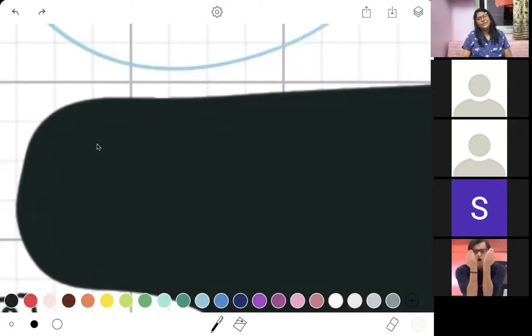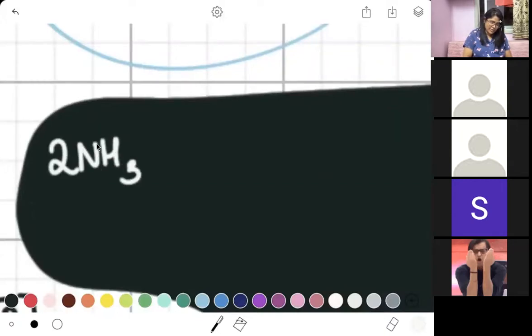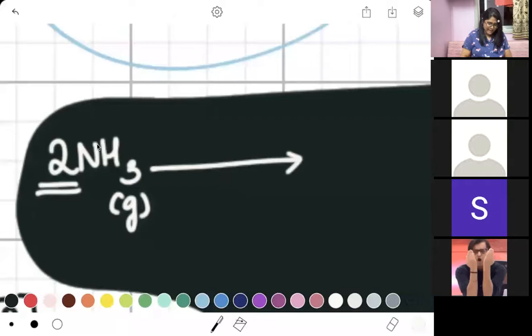Now let me give you an example. I have ammonia with me, and because chemistry people are really rich, I am going to take this ammonia and place it on platinum, because why not? If you have the equipment, use it. So I'm going to take NH3, note the stoichiometric coefficient. This is in gaseous state. I am going to heat this at